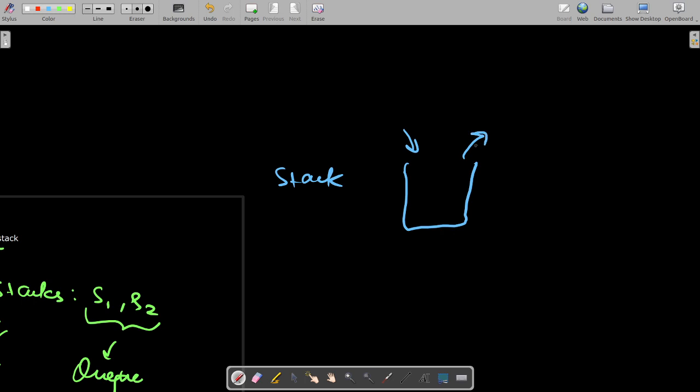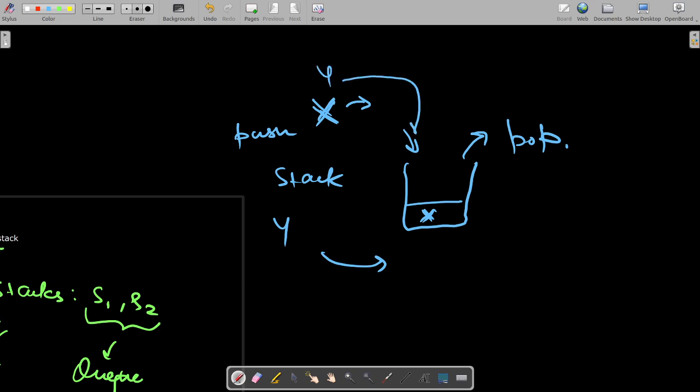The insertion operation is called the push operation, and the removal operation is called the pop operation. If I want to insert X in the stack, it will find the free space, so X will be put here. Now when I put Y, since there is no rear or other end, Y will be pushed like this, coming over here.